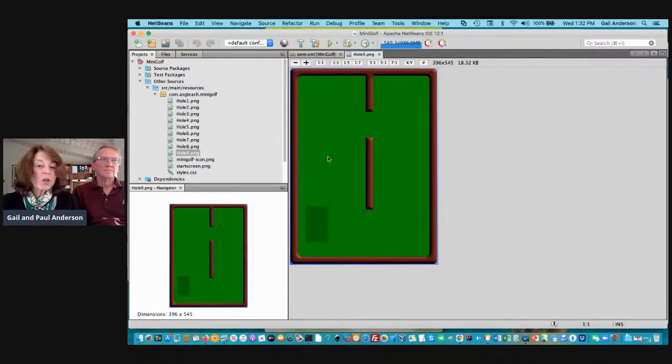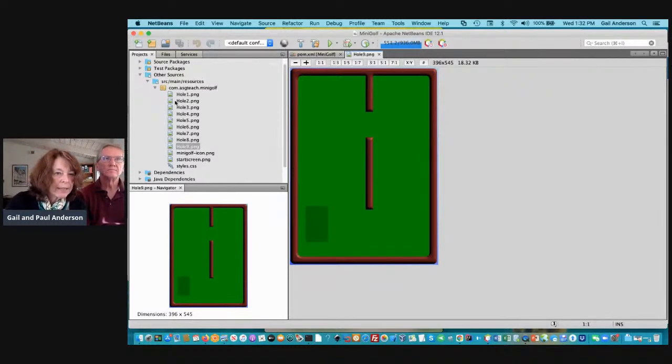So the flow for each hole, as Paul showed you, is you place the ball in the start pad, and when you release it and press again, you can both aim the shot and the power meter goes. And when you release the shot, that engages it. And you do the barrier detection, and the ball either goes in the hole or it stops rolling. So let's leave that